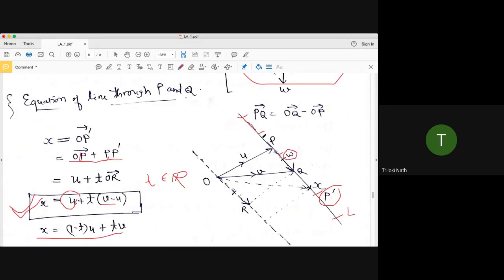मैं ये कह रहा हूं कि PQ पॉइंट से होकर जाने वाला ये जो लाइन है, सो दिस लाइन, ओके. So equation of line means you have to write a general equation, a general condition for any point on this line. That is the locus of a point. So locus means you have to impose some condition. So what is the restriction? Suppose P dash is any point on the line, then the position vector of P dash is suppose x. X means OP dash, and because OP dash is x, by triangle rule you can write OP plus PP dash.